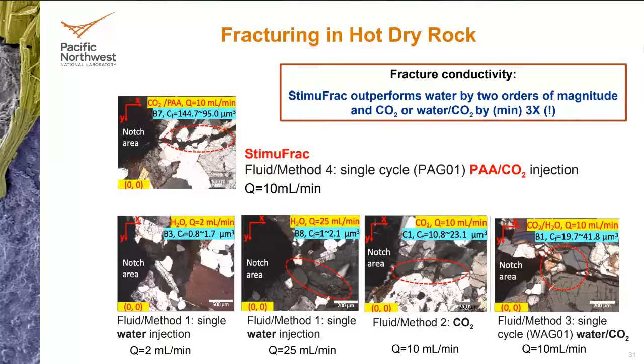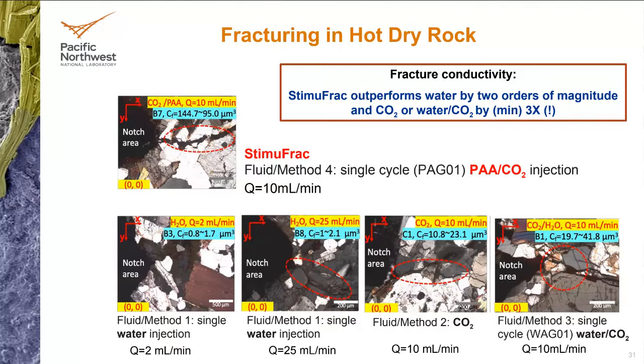Independently of the flow rate, 2 milliliters per minute or 25 milliliters per minute, the fractures are very small. The fracture conductivity is very small as well. When we use CO2, it's all over the place, but on average it's in the order of 10 to 23 cubic micrometers. So CO2 is more efficient at fracturing hot dry rock than water. And when we use a combination of water followed by CO2, again, similar, maybe slightly higher on the upper end